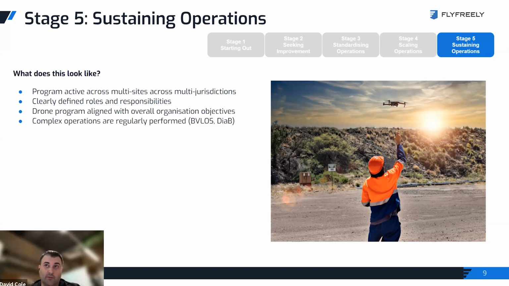And you start to get into the really complex stuff. So the beyond line of sight, the drone in the box type applications happen on a regular basis. And what are the challenges here? So knowledge retention is a big one. Basically, the big danger here is that chief remote pilot, who's seen it all the way through, leaves, and all the knowledge leaves with them. We've seen that a few times. That's happened to a few different organizations, and everything kind of falls to pieces. So it's one of the things you've got to keep an eye out for.